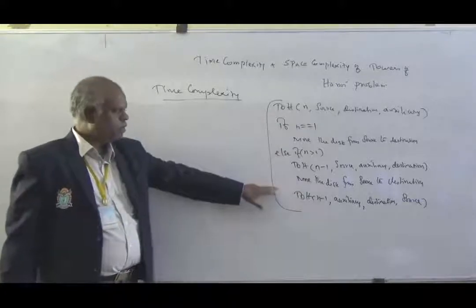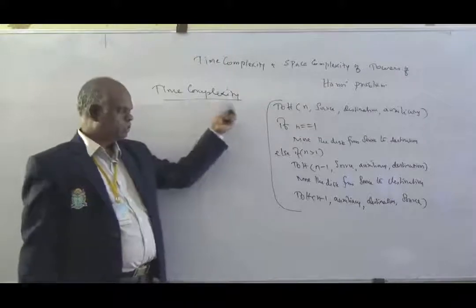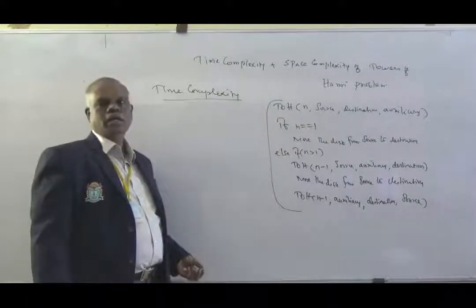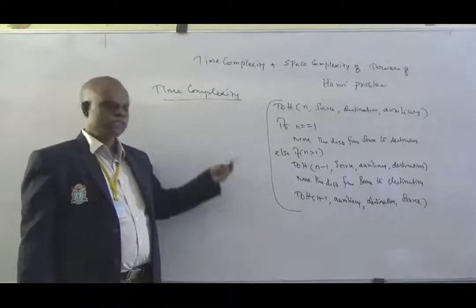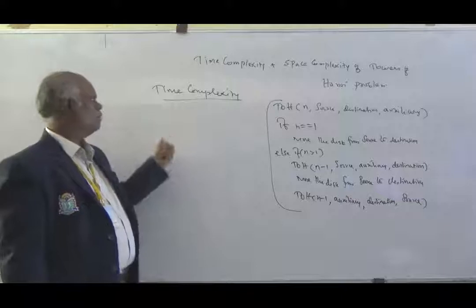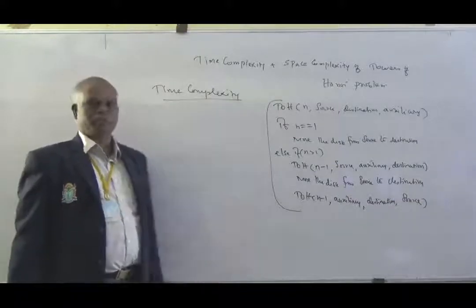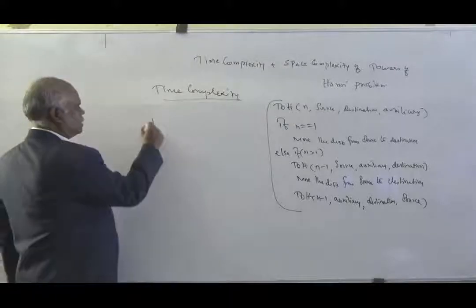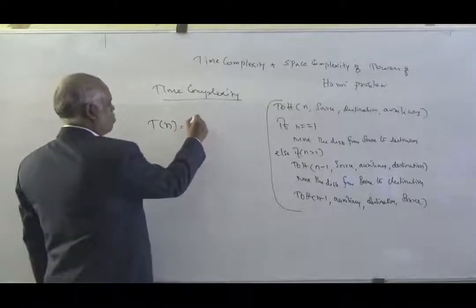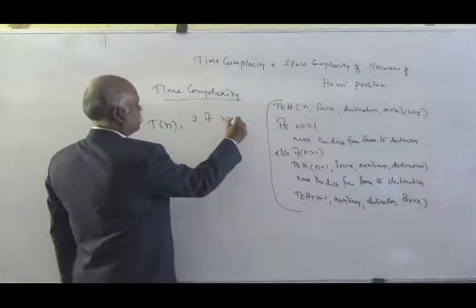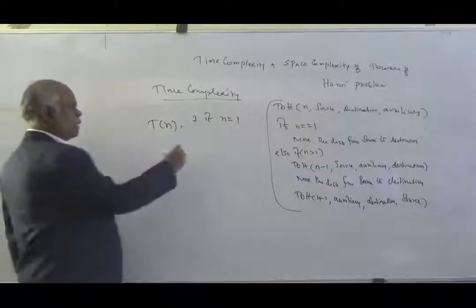But strictly speaking, we cannot express the time complexity in terms of time because the configuration of the machine and the software differ. So we are going to express the time complexity in terms of number of steps. So here, time complexity for n disks is equal to 1 if n is equal to 1. That is, there is only one disk, so only one step is involved. Otherwise,